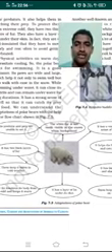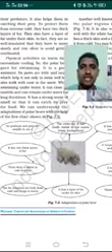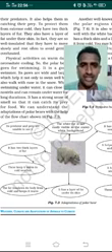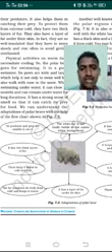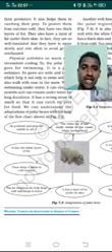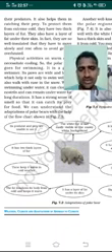That also helps them to protect themselves from their predators. Predators means those who hunt them, so they escape from that. So it has white fur on its body. Not only that, it also helps the polar bears to find and catch their prey. That is also helpful to hide themselves and to catch their prey.